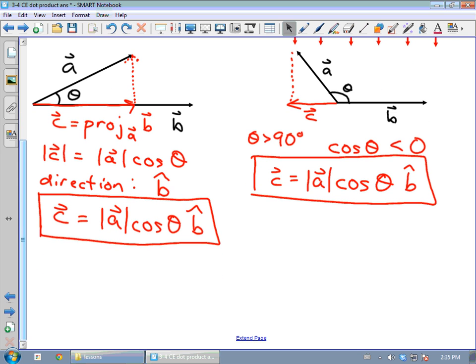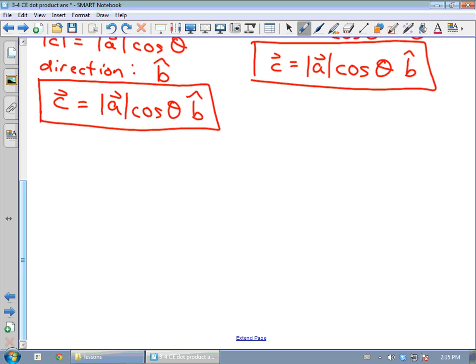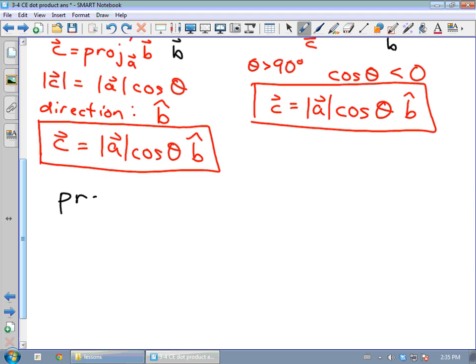All right, so if this formula here is the projection of A onto B, let's just start here. The projection of A onto B is magnitude A cos theta B hat. How can we turn this into something that allows us to use those algebraic vectors to do the projection? Well, what we know is that